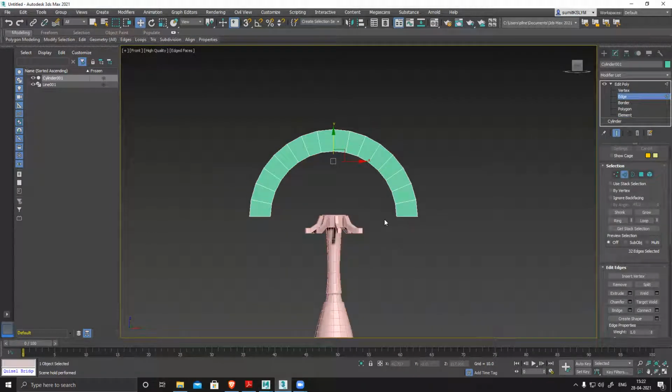So now both the sides are done. I could have used symmetry, but I have used bridge. So you should know both the things, where to use what. Because to achieve the same kind of model or create the same kind of things, we can use multiple tools and generate the same kind of effect.